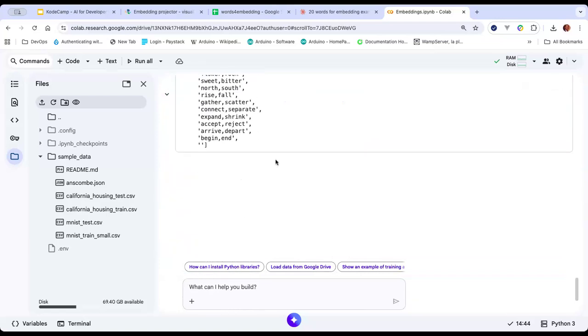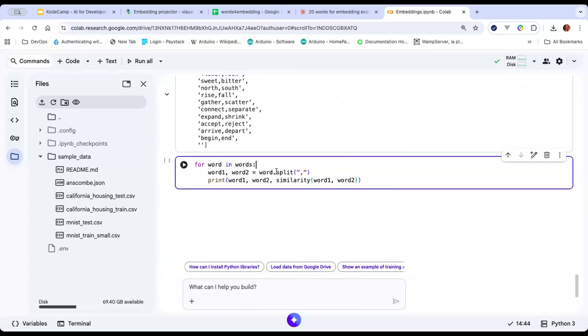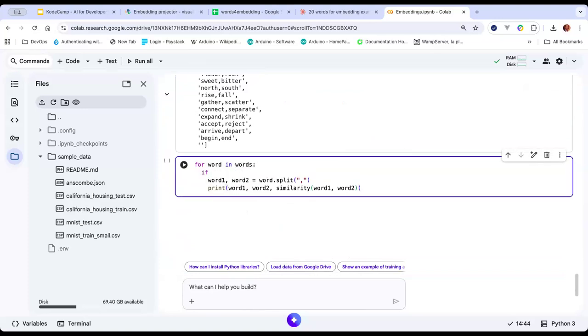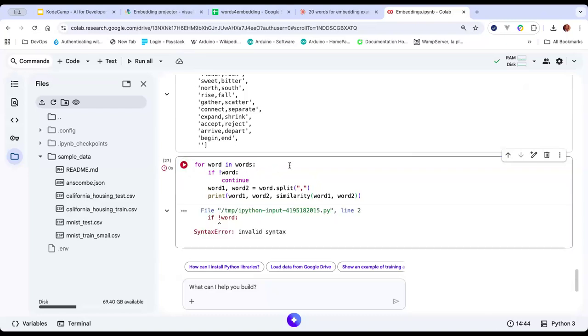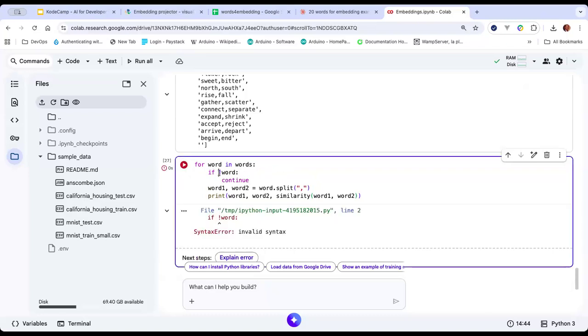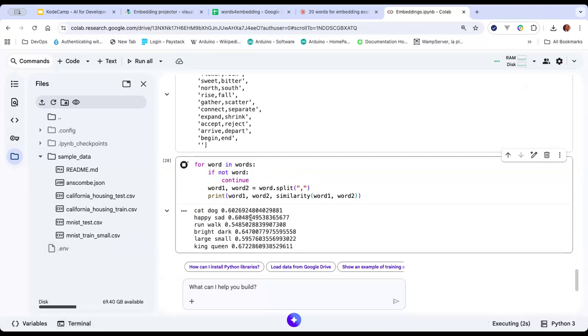Let's keep the empty lines. Oh, before not, not. And I thought I was doing JavaScript. Okay, so